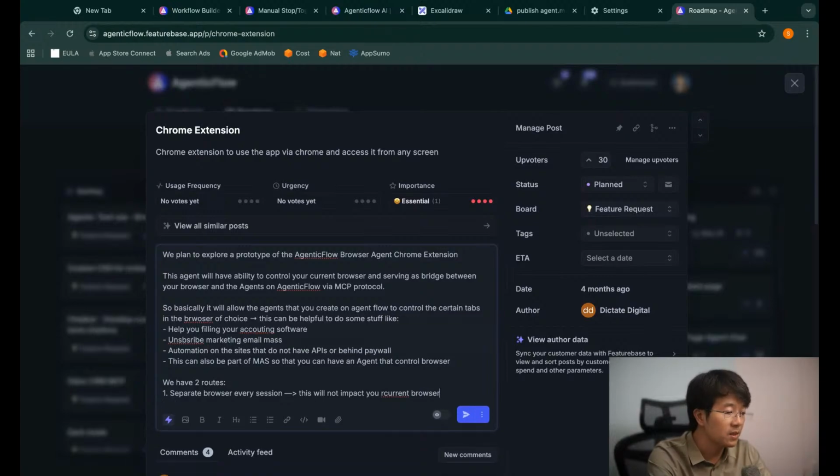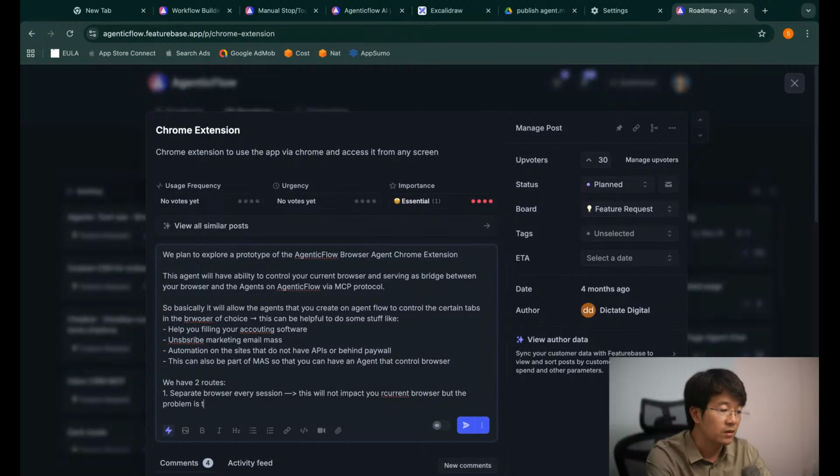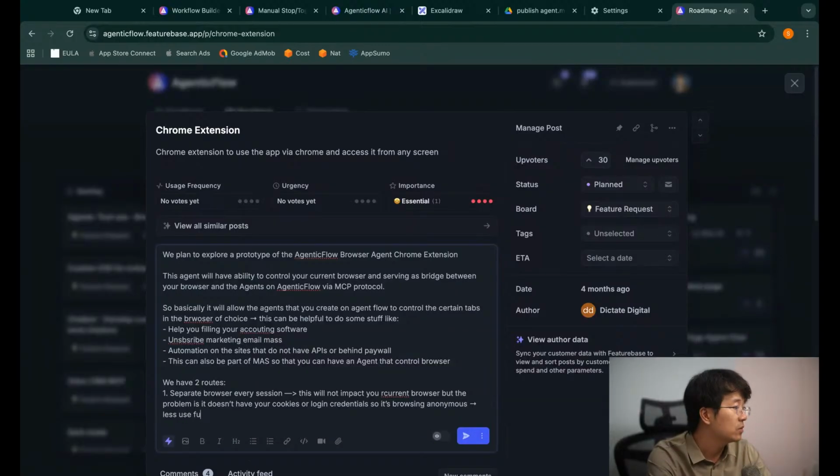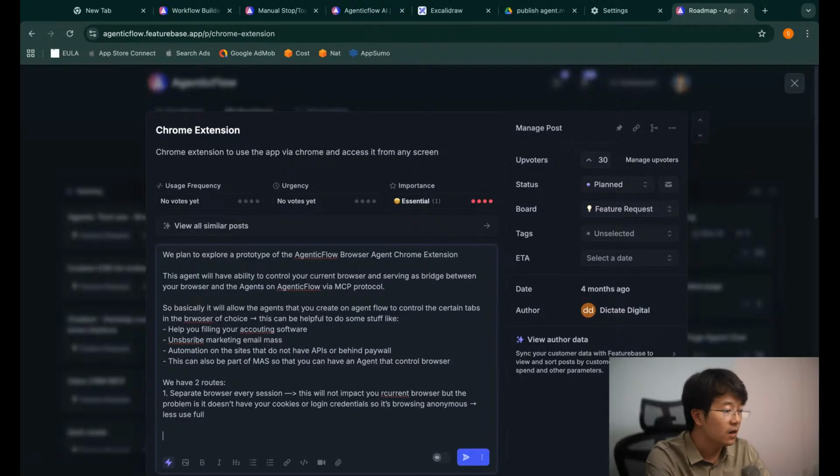But the problem is it doesn't have your cookies or login credentials, so it is browsing anonymously. So less useful from my perspective, actually. The second option, which is what we are talking about, is a browser agent